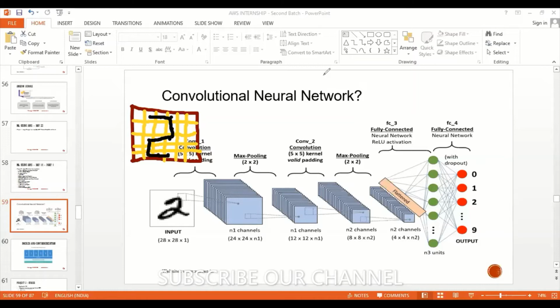Next, the rest of the pixels. Imagine this pixel is empty, this is empty, this is empty. The rest of the pixels I will fill with zeros. Now you will be having the 28 into 28 size of the image with 0 and 1.